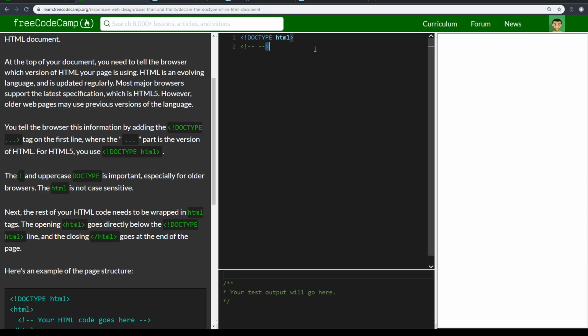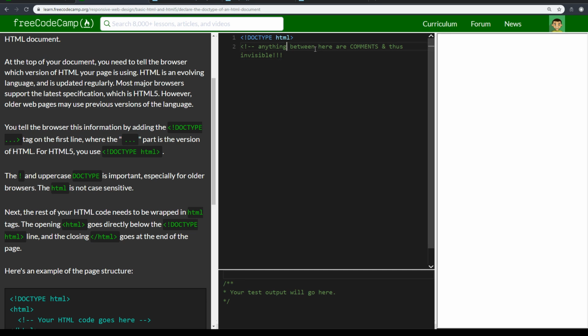It closes here, right? Basically anything in between these two dashes, anything in between here, are comments,